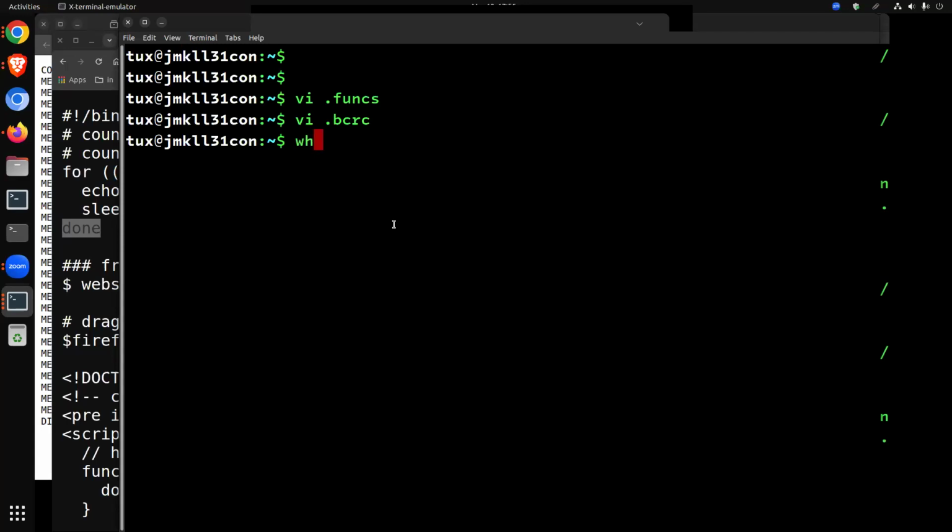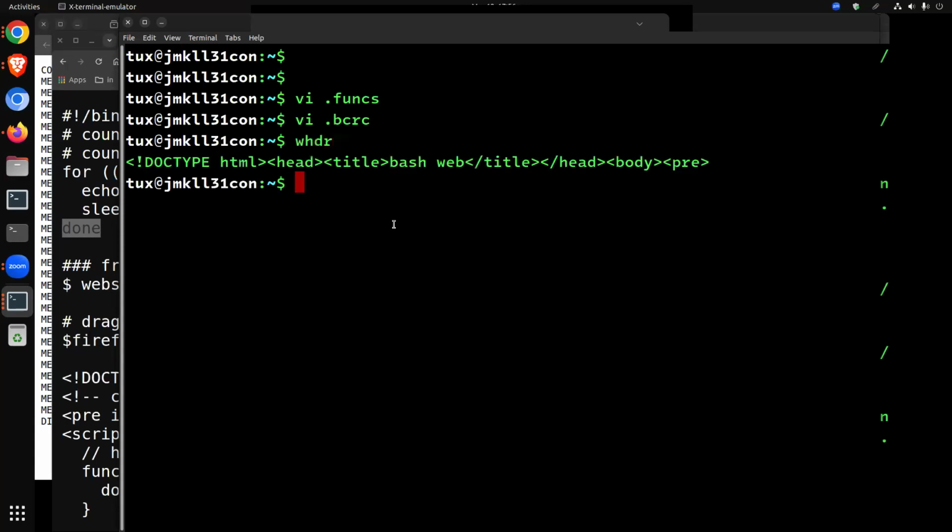Remember, I have W header. What's it do? That's it. What is that? Footer. What is that? Yeah, the top part of an HTML file, the bottom part of an HTML file. And notice the pre-tag. So I can say